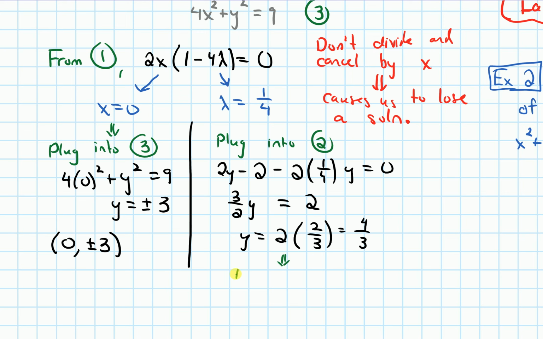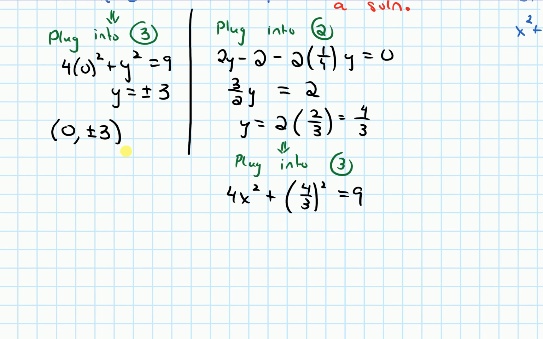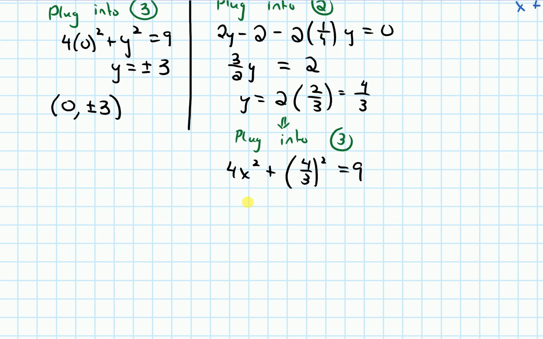So let's plug this into the third equation. So we'll get 4x squared plus y squared, 4/3 squared, equals 9. Okay, so simplifying this, we get 4x squared equals 9 minus 4/3 squared, which is going to be 16/9. And overall, if I get a common denominator with a 9 and the 16/9, and I subtract, we'll end up getting